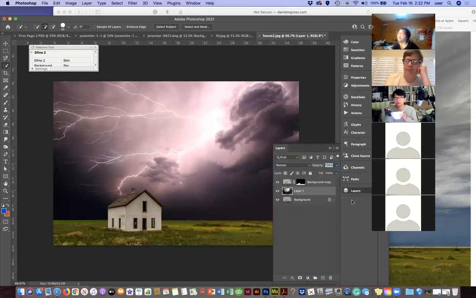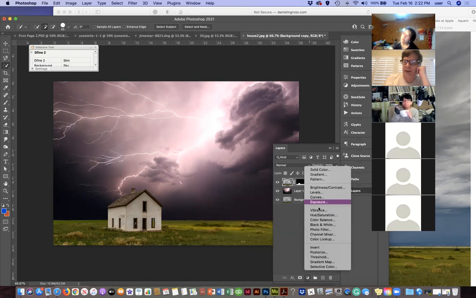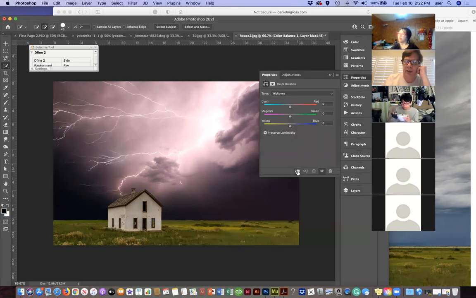Okay, so in this case, I'm going to work with that layer above, and I might do a little color balance. Okay, so I can do an adjustment, color balance, and I'm going to put it just on the layer below, and I'm going to push it here, get a little more magenta in there, and darken it a little bit, maybe a little too much red, maybe. I'm just playing with that, and I'm going to go back here. I'm going to go to the highlights, and again, push it a little bit, give it a little bit of that magenta, but not make it look too fake. And then also with the shadows,